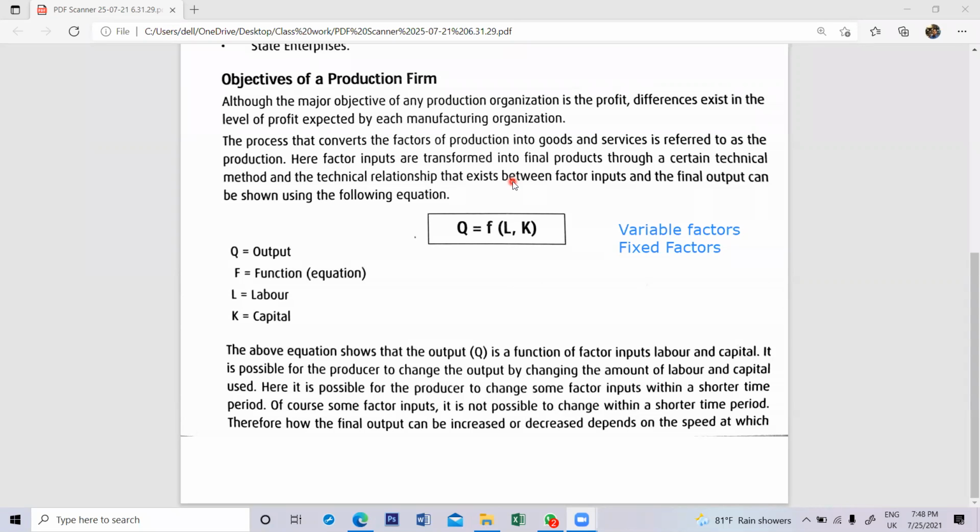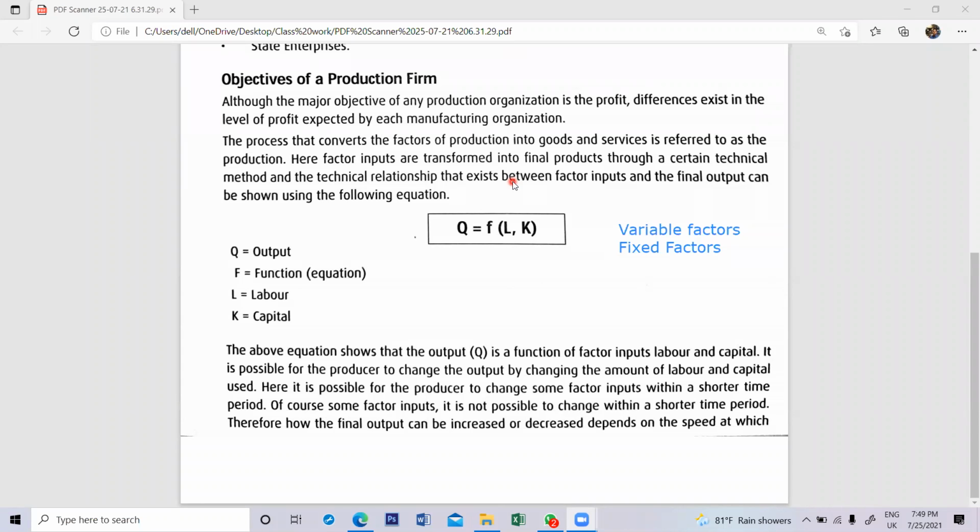Here, factor inputs are transformed into final products through a certain technical method, and the technical relationship that exists between factor inputs and the final output can be shown by